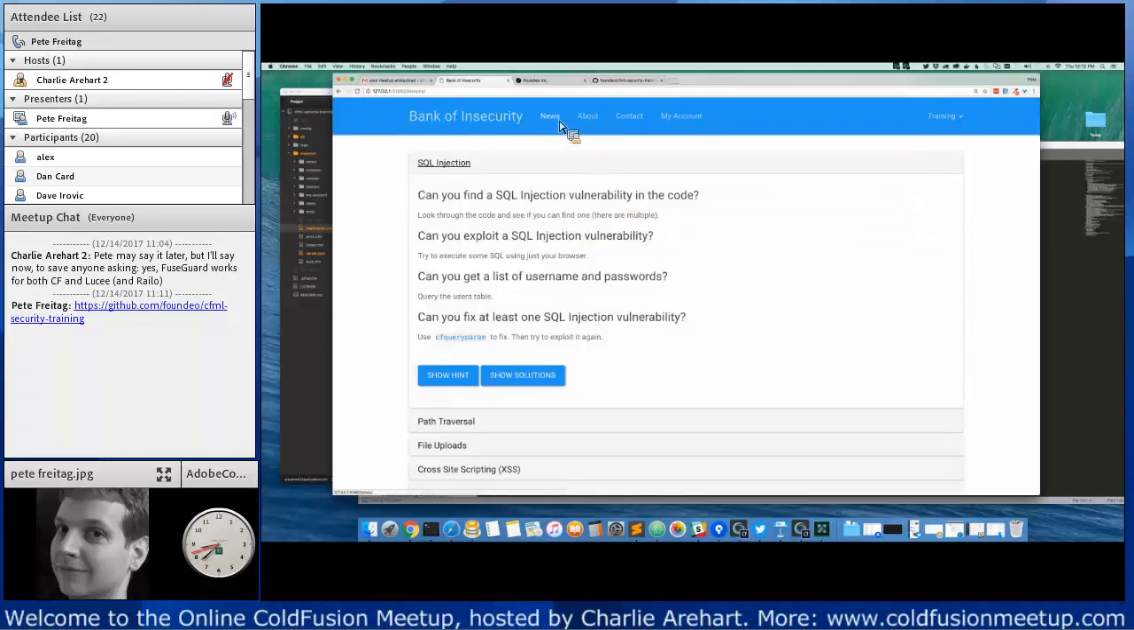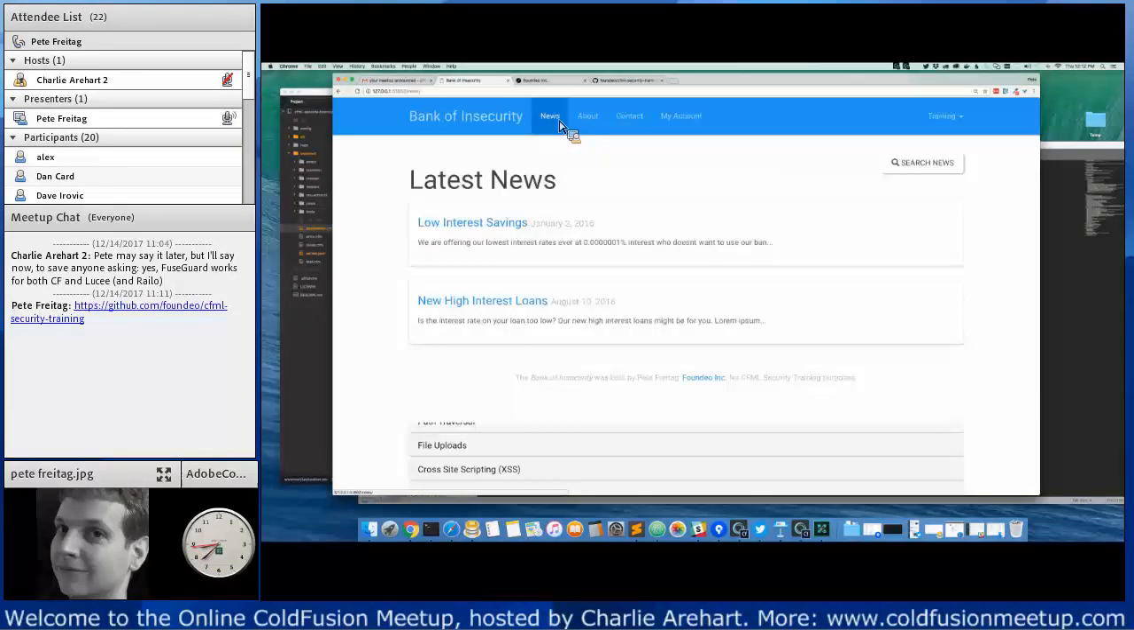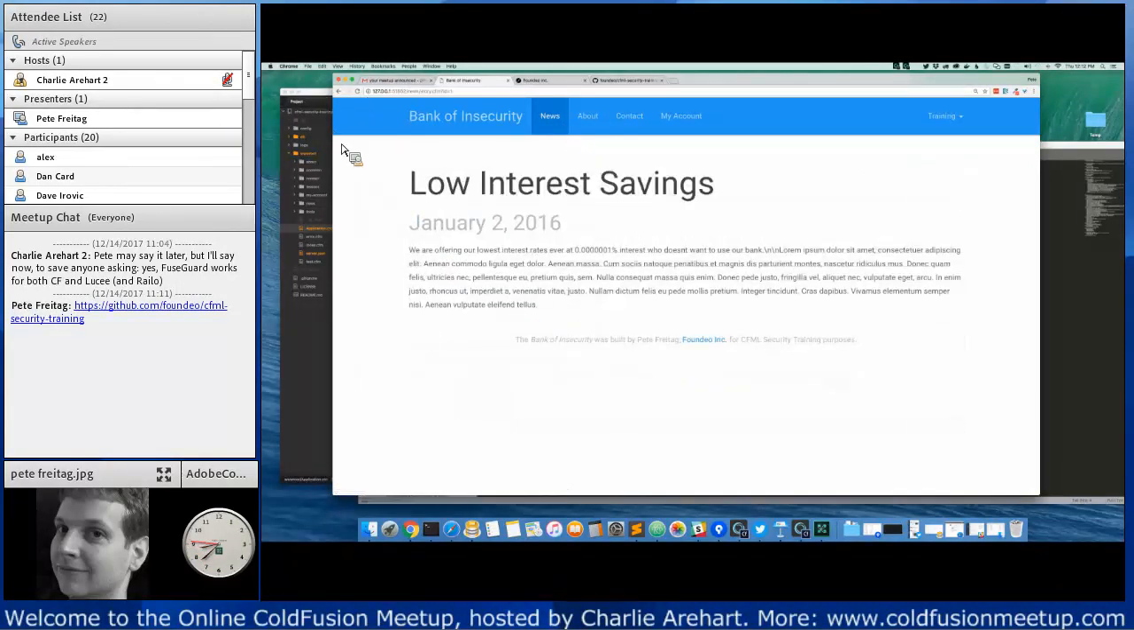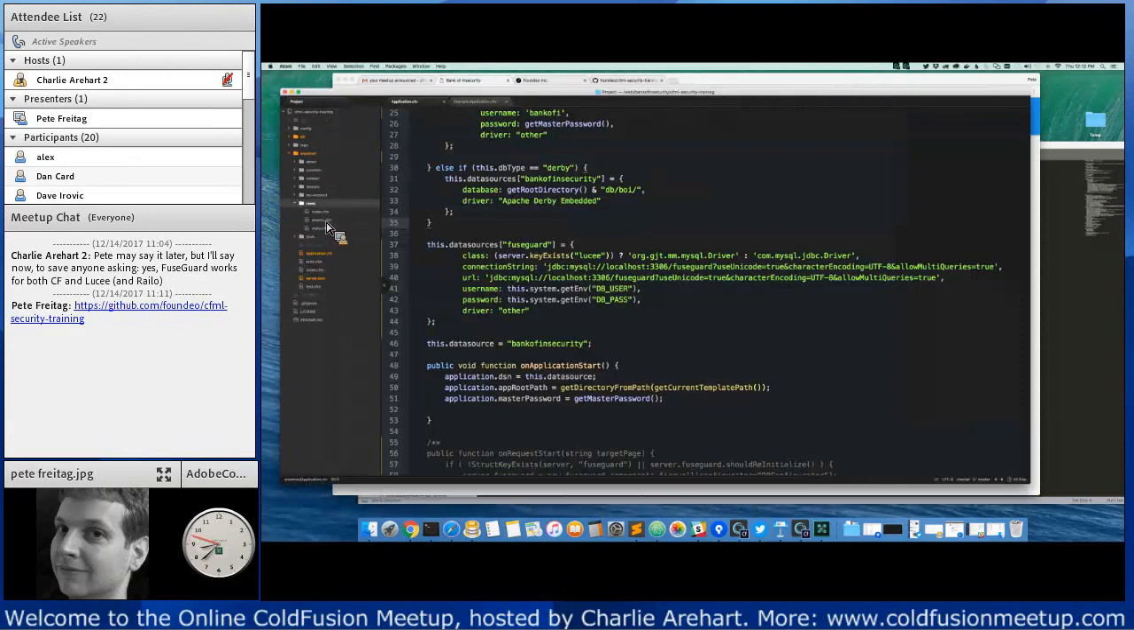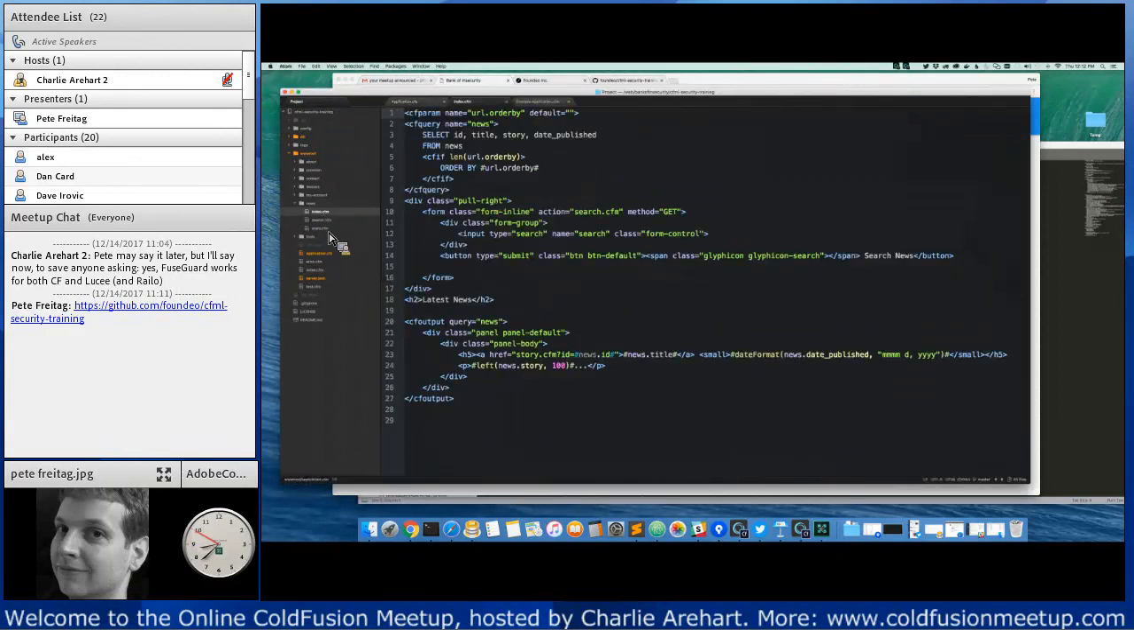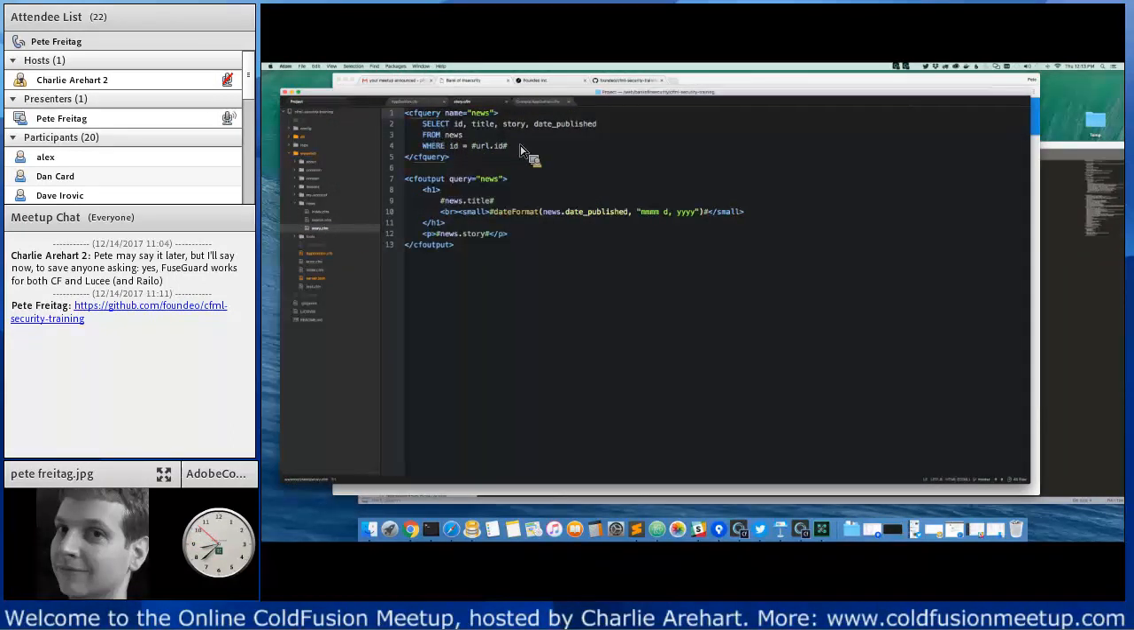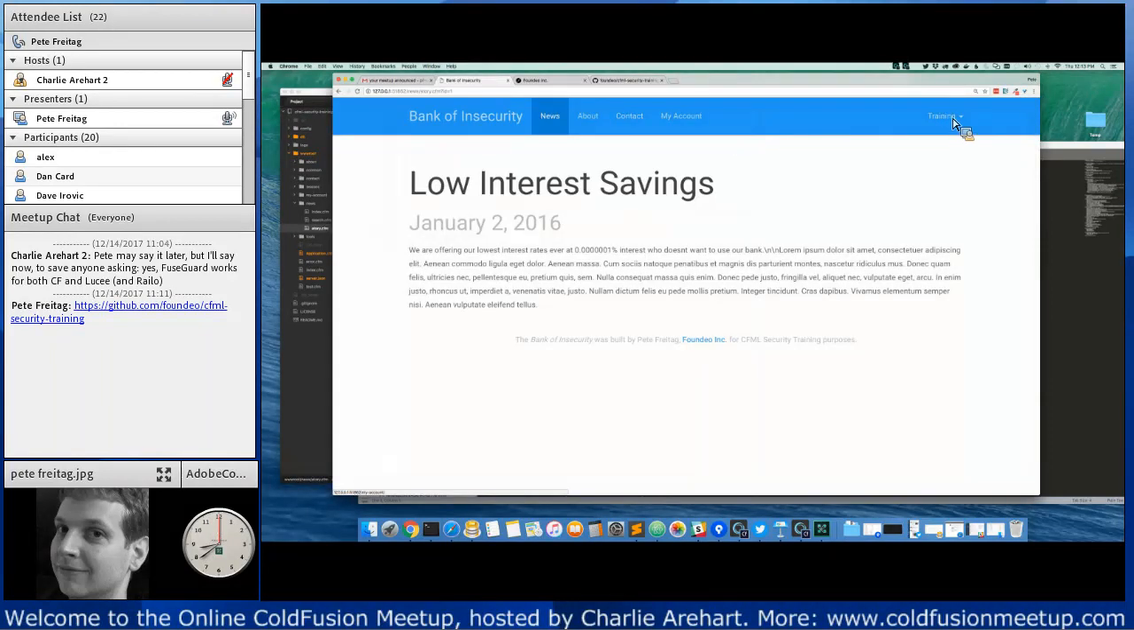So for example, I showed you the news section here. If we take a look at the code here, we'll notice here we've got an SQL injection vulnerability. The developer didn't put a CF query param right here. So what that allows us to do is,